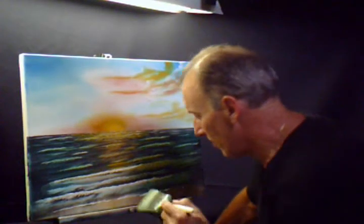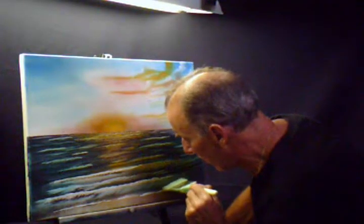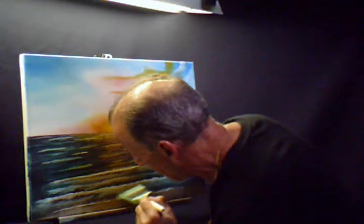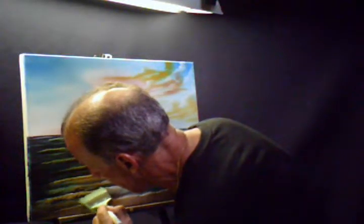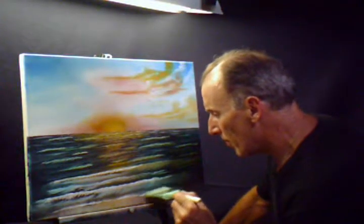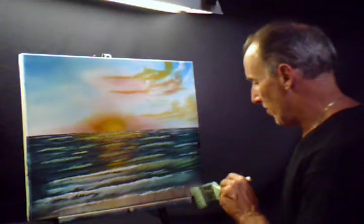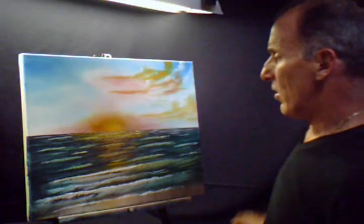Take the blender brush again, come in here and pull back on those, just what you did on those other waves. Barely, barely, barely. You're almost not even touching it at all. You got that edge going through there. So that's another wave. Okay, you got your beach, you got your clouds. Now what we need to do is